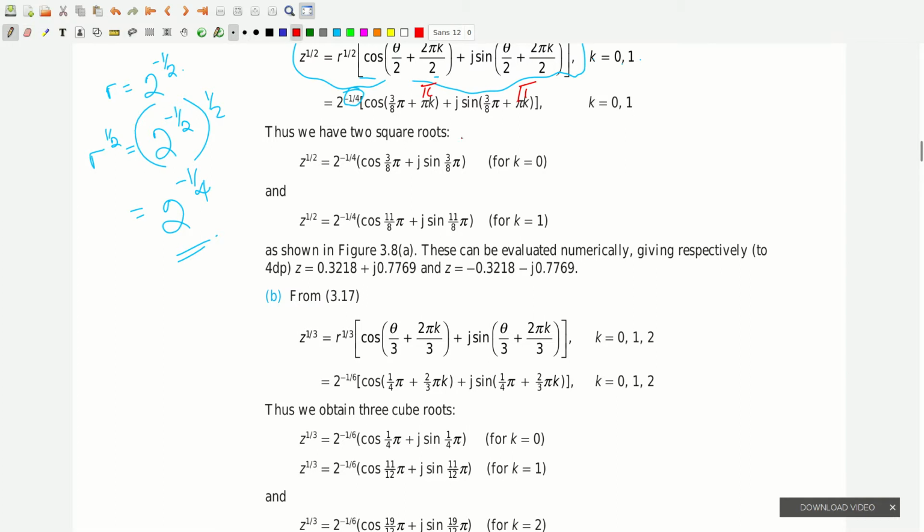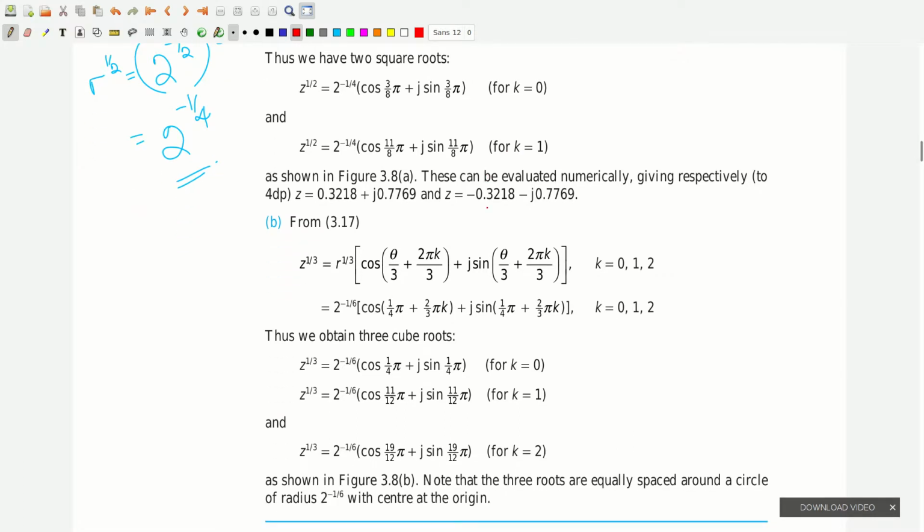So 3/8 pi plus pi, that is 11/8 pi, and then yes, for k equals 1. And then the rest is just for you to evaluate. Okay, and verify that cos 3/8 pi is what is given here, and then sine 3/8 pi is what is given here. And for the second root, you verify that sine 11/8 pi is what we have here, negative